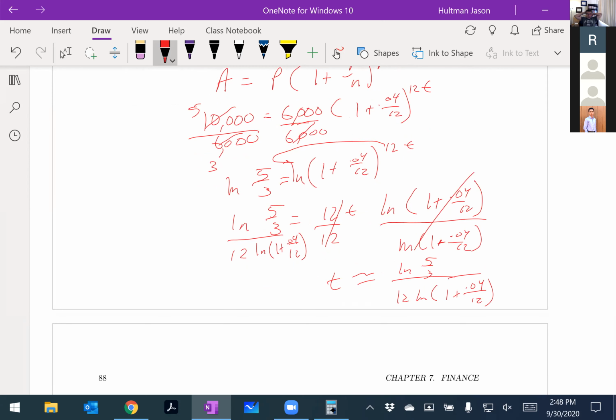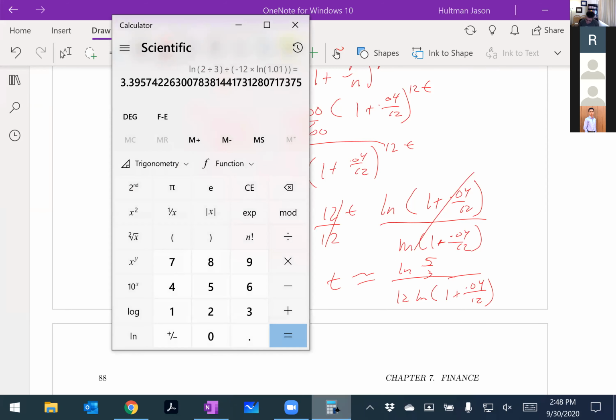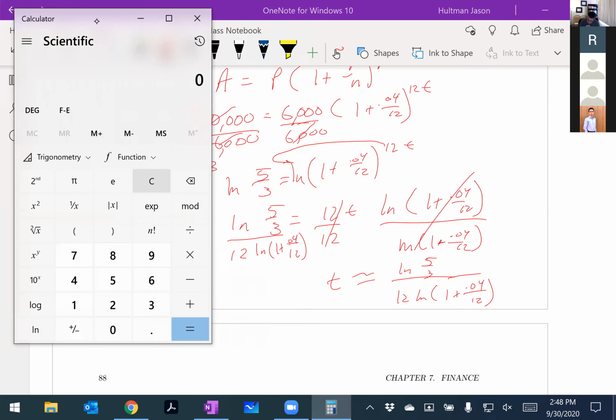Again, just plugging into the calculator is half the battle. So let's do that. Parentheses 5 divided by 3, take the natural log, that's going to give me the top. Divide by parentheses the bottom, 12 times, okay, 12 times the natural log